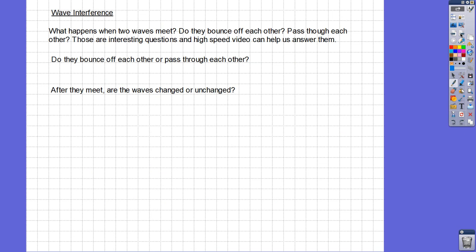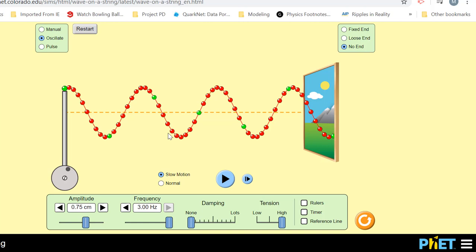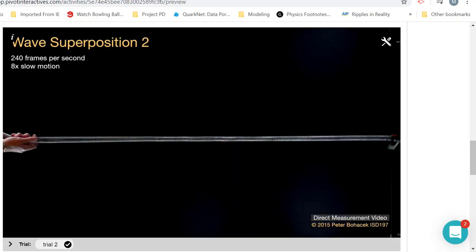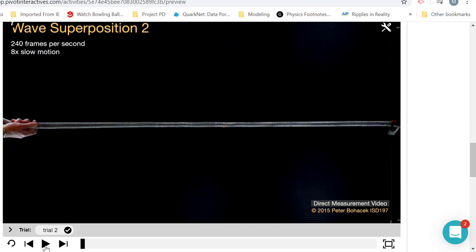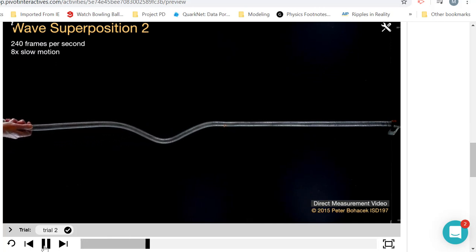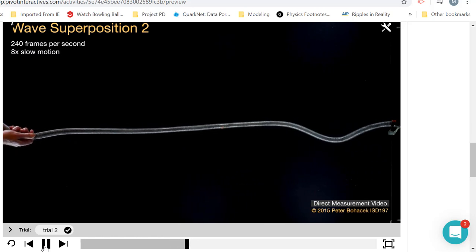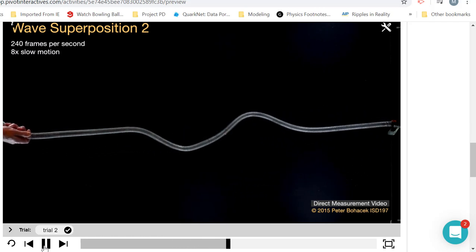Alright, next was wave interference. Okay, so we want to see what happens when these waves are on the same thing and they meet each other. And one of the questions is, do they bounce off each other or pass through each other? So let's go to this example here on this pivot video. So if we show that, they're going to make a wave. Okay. It's going to reflect off that end there and start coming back,